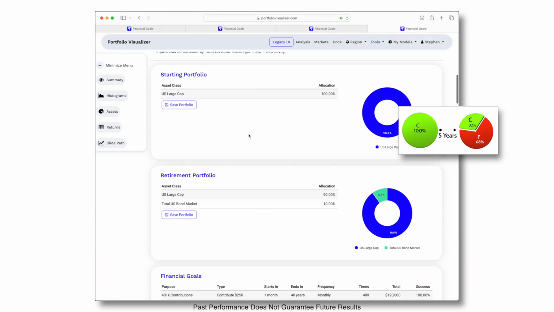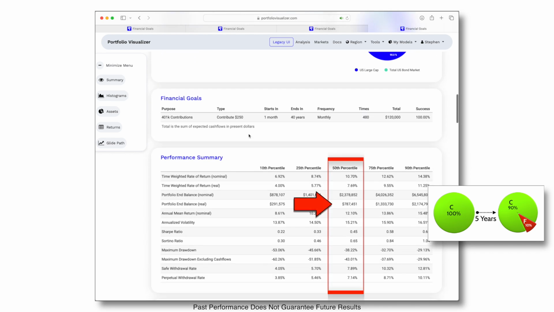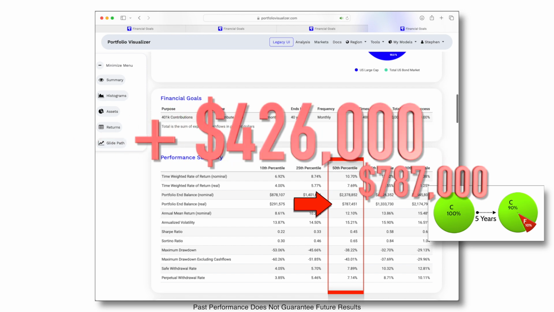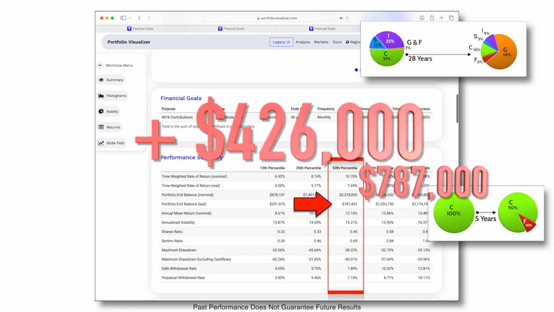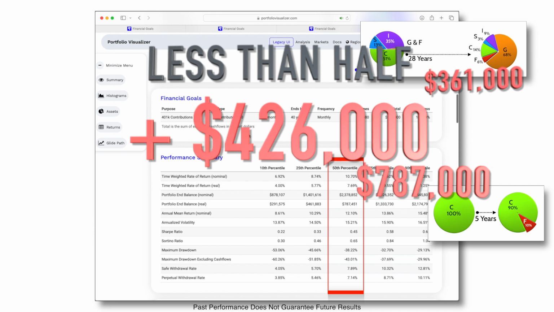One last scenario, with the same exact parameters as before, but instead of going to 68% bonds in retirement, we only go to 10% bonds to stay growth-oriented. The expected real value of the 50th percentile of the simulation is now $787,000, or approximately $426,000 more than the base TSP strategy that ended with an expected real value of $361,000, or less than half the potential theoretical retirement assets. And when you cut your theoretical retirement assets by over half, you also cut your theoretical retirement income by over half, and let me explain.